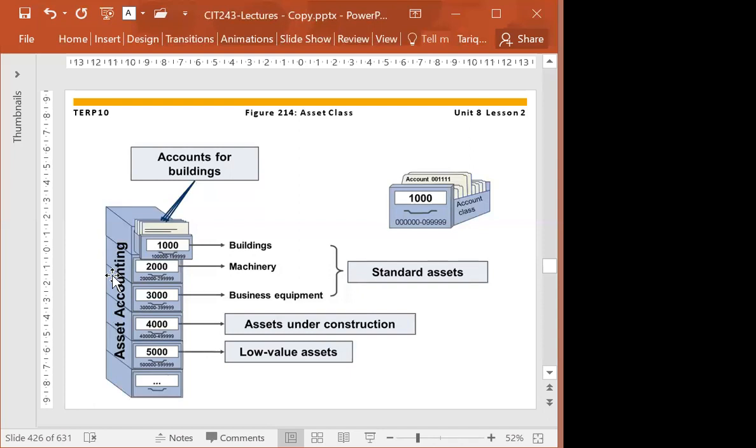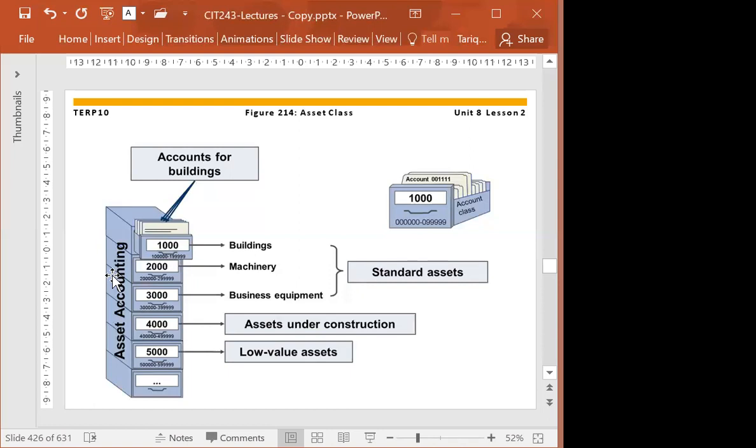But you cannot have the segregation. If you want to display your reports in your balance sheet, that okay, building expenses should be on a separate line, then machinery should be on a separate line, and business equipment or vehicle on a separate line in the report, that will not be possible if you just have one class of assets, that is, you can say that asset. So that is not possible.